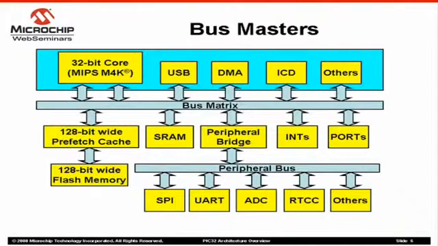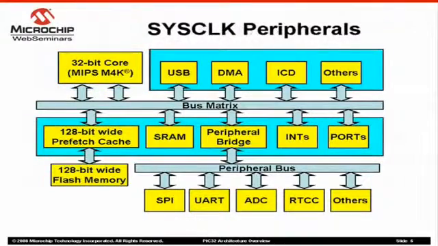The busmasters may read and write other busmasters too. For example, the DMA module may read or write USB registers. However, the busmaster cannot access code registers in the CPU. Only the CPU can access the CPU registers. Peripherals such